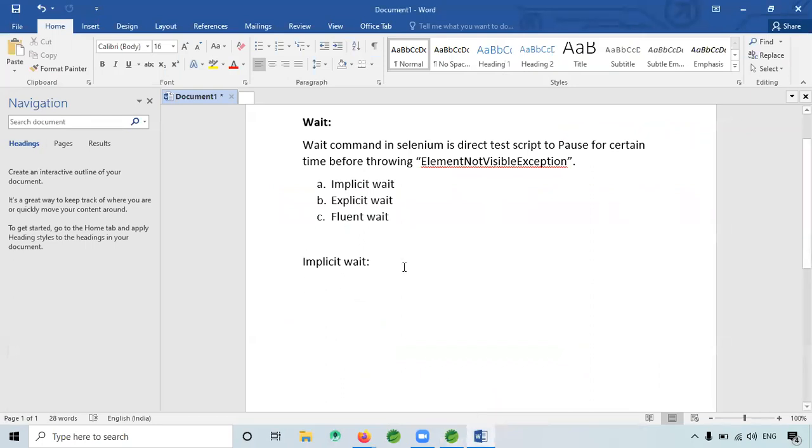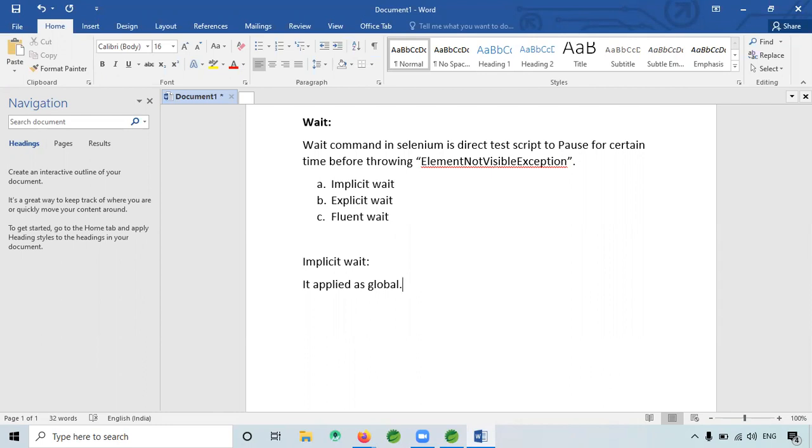The main use of implicit wait is, the main difference is that implicit wait is applied globally.